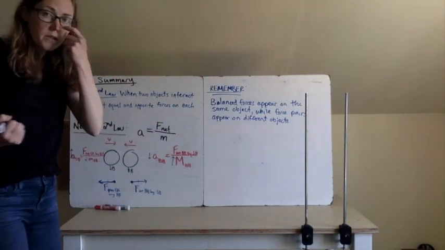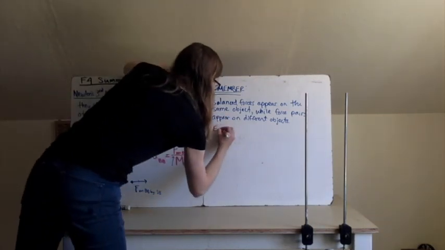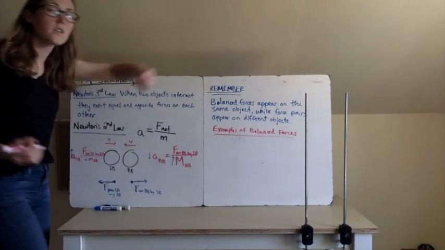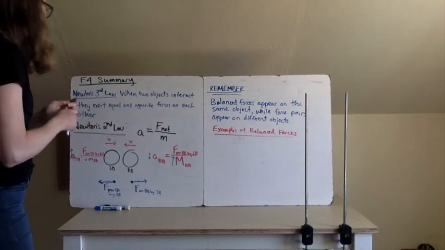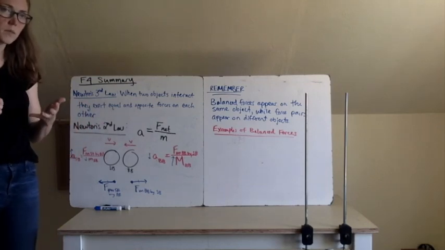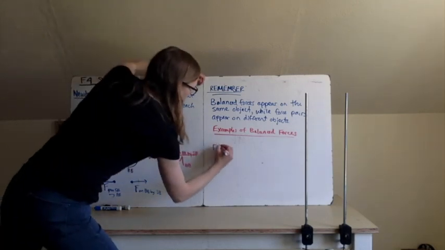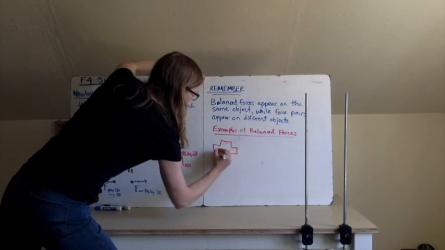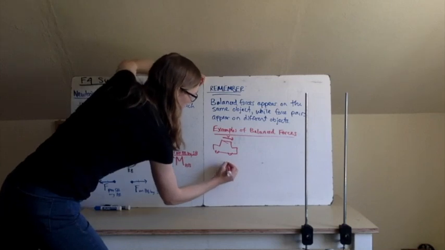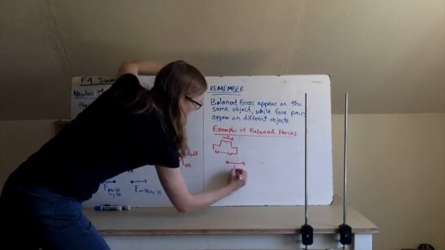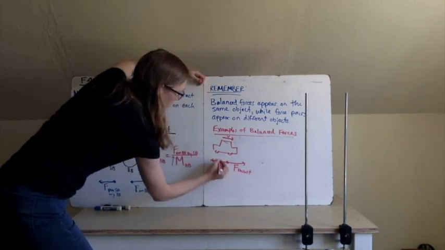So, some examples of balanced forces. Examples of balanced forces would be where you just have something that's stationary or something that's moving at a constant speed. An example would be a car that's driving at constant speed, and so it has a velocity, and it's continuing that speed because it has some force of thrust from the engine, but it also has an equal and opposite